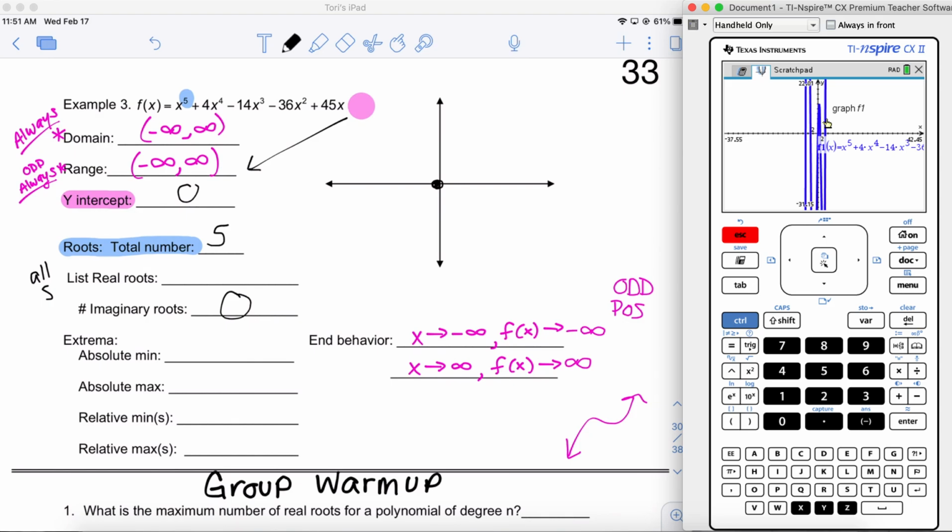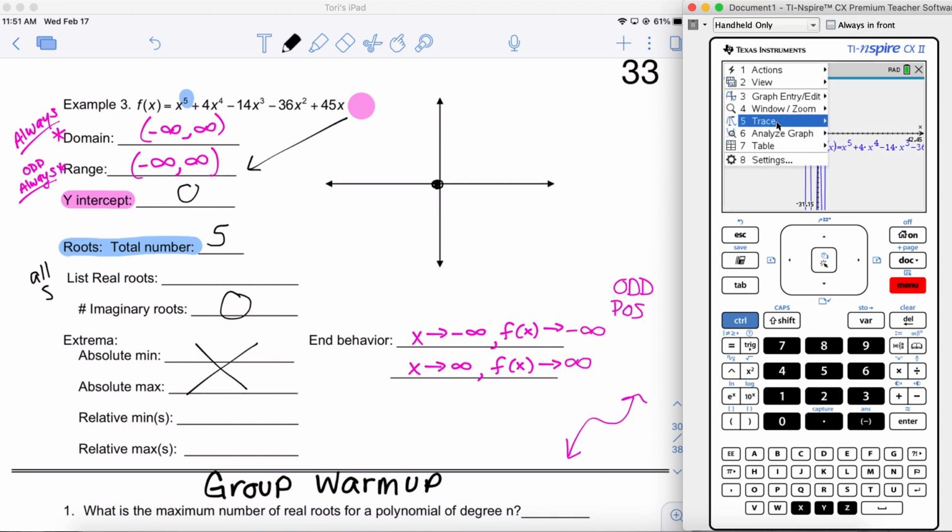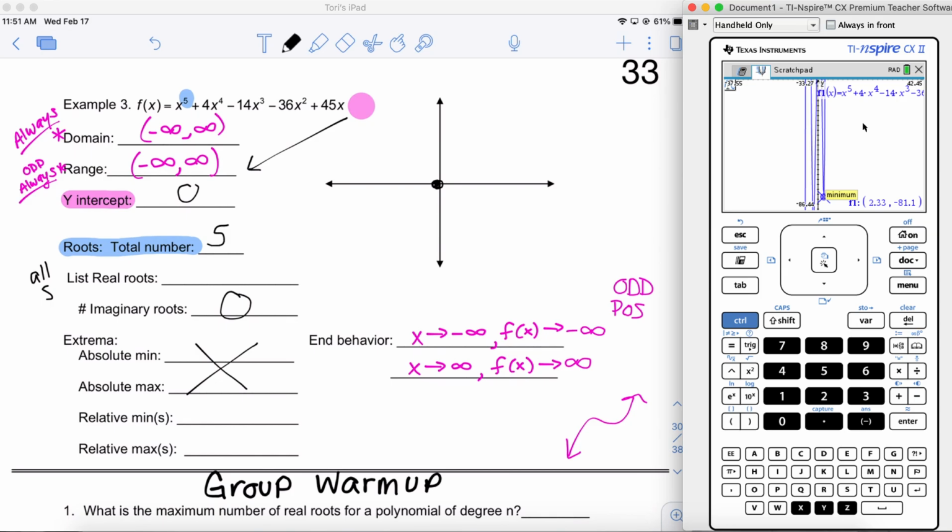I also know that for an odd function, I do not have an absolute min or a max, which means that from here, I can pretty much do menu, trace to get all the key features that I need, okay? All right, we're going to go menu, trace, graph trace, and then I'm just going to start on one side and go all the way across. So since we're in the positives, I'm going to start all the way to the right, okay? All right, I am up in crazy land,